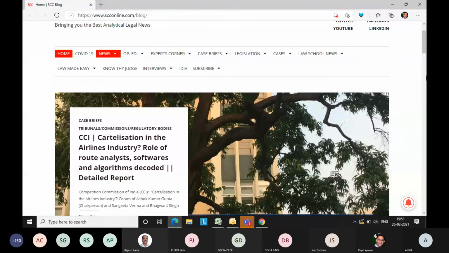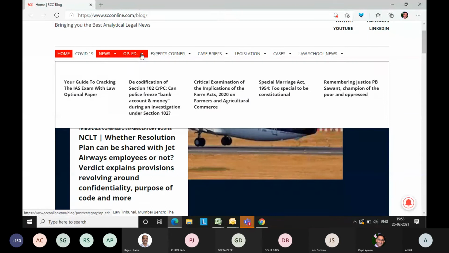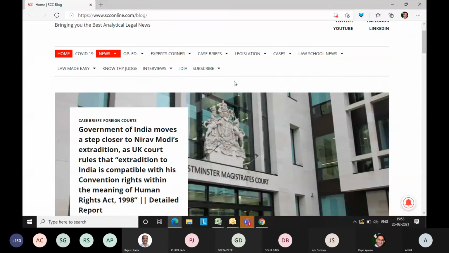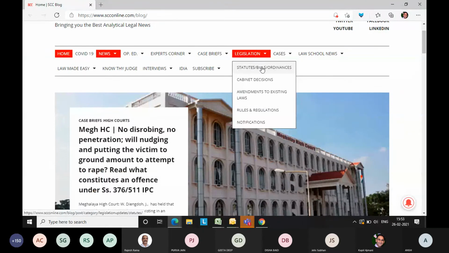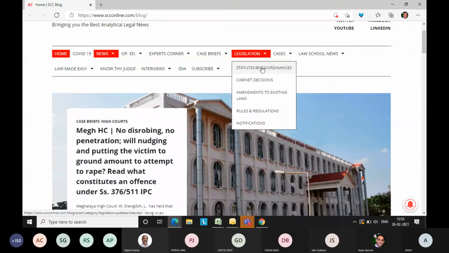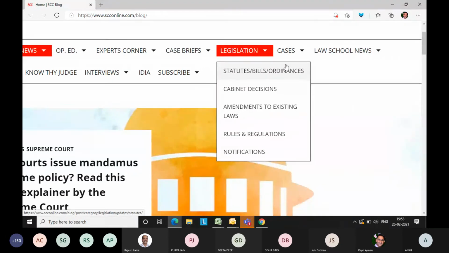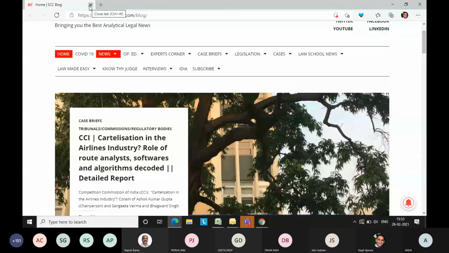So all these are there. Then you have editorial opinion, where a lot of interesting articles on law are available to you. These are frequently updated. Then there's news related to law. You have appointments, webinars, and treaties, conventions, and all that. Then legislation: you have the statutes, bills, ordinances, rules, and regulations. You can access those also. So it's free access. You can avail this opportunity. And then finally, we also have the help section over here.